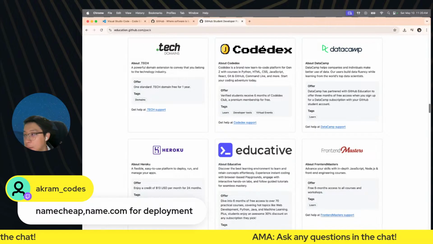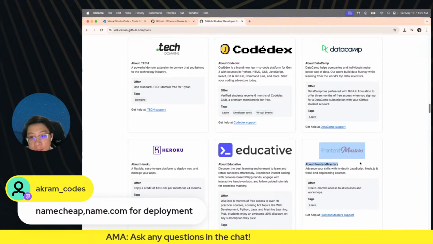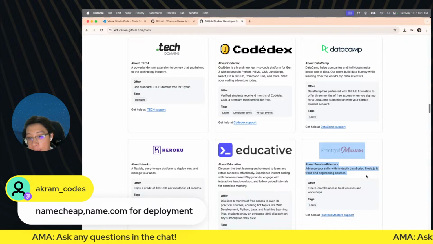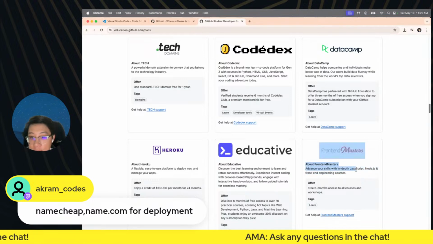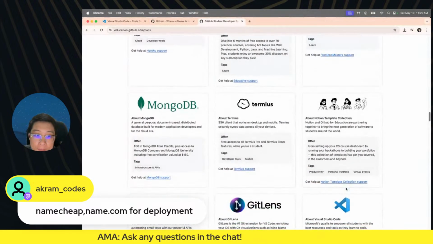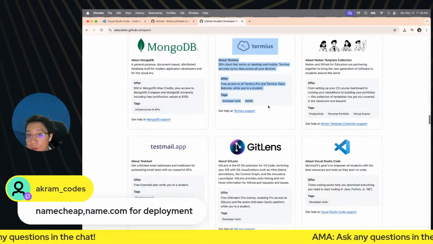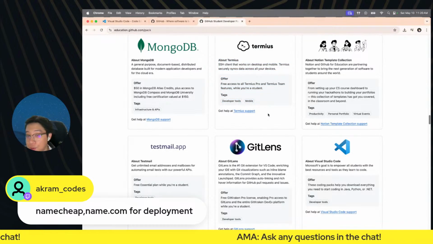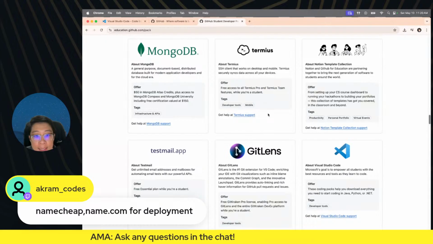I just want to point out some of my favorites. I really like Front-End Masters course. If you're a beginner developer, you're learning about front-end, this is a great 6 months access to all the amazing courses and workshops they have. I also like Termius. This is a very cool tool to connect to your remote servers through SSH and managing that across devices.